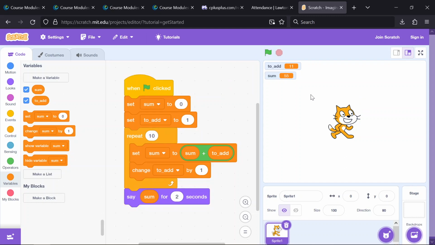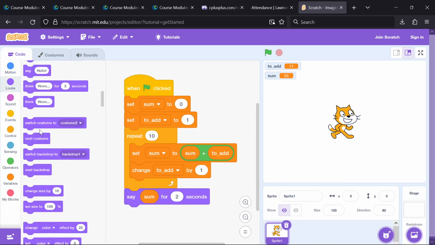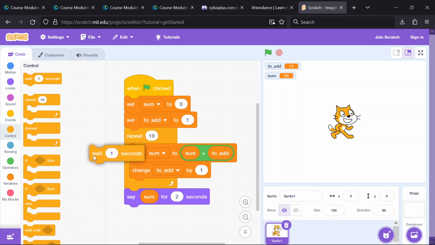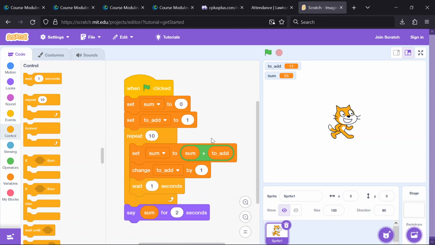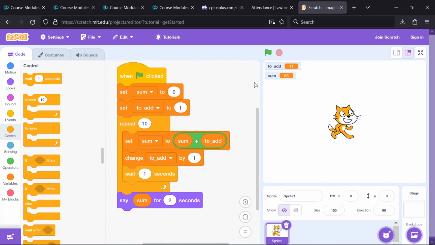And so apparently the answer is 55, but that happened in the blink of an eye. So let's add a wait block to just watch this computation happening. Is that in control? Yeah. Let's have it wait a second in every loop body. How about that? Let's have it wait 1 second so we can watch these variables change up here in the